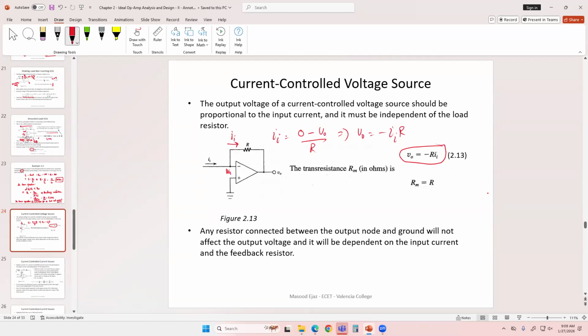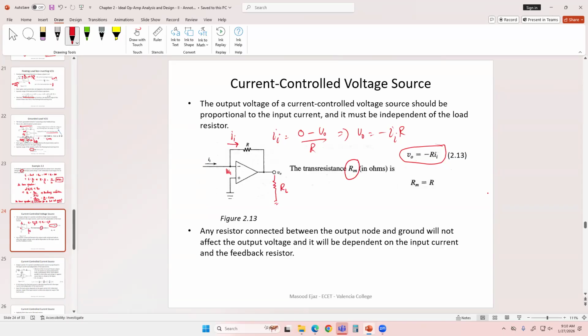In this case, we call R the trans resistance of the circuit, generally denoted by Rm. And any resistor connected between the output node and ground, so if you connect any load resistor over here,